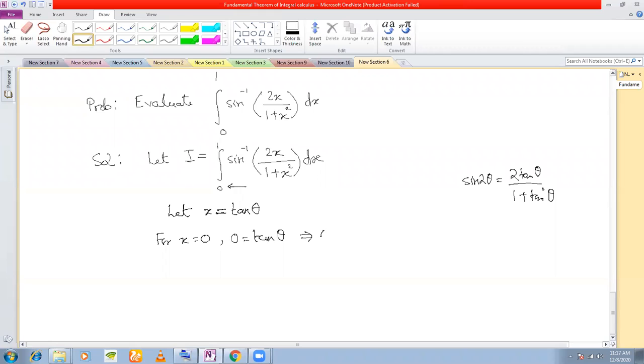That means theta is equal to tan inverse 0, and tan inverse 0 is 0. So the lower limit after the change of variable is 0. For x is equal to 1,